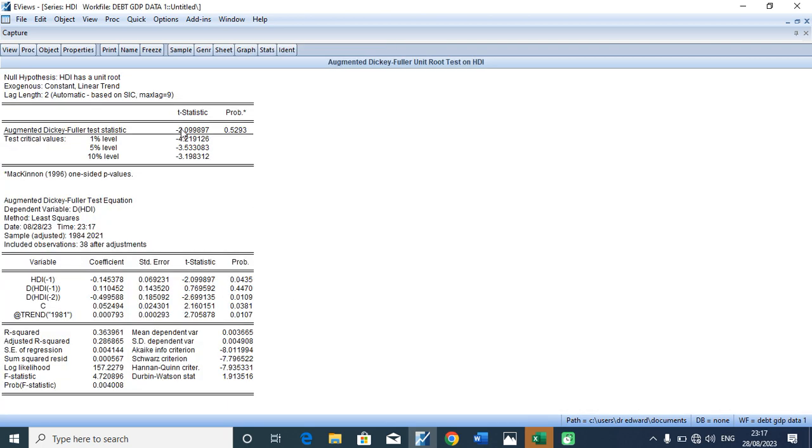Human Development Index. The t-statistic is lower than the critical value at 5%, and the p-value is above 5%. So we conclude that there is a unit root problem in this result. And given the presence of a unit root problem in this result, the first thing to be done is to subject it to first differencing to detrend the data,